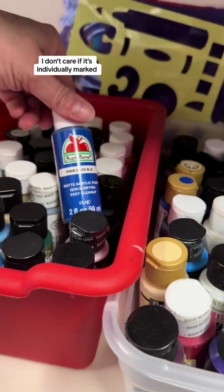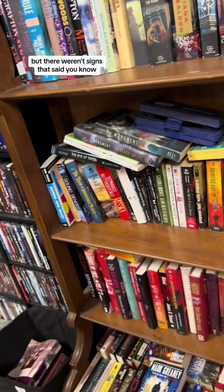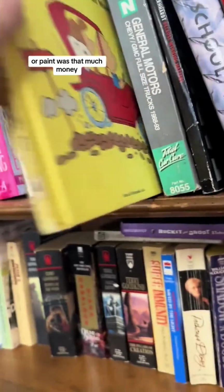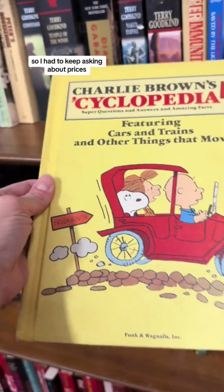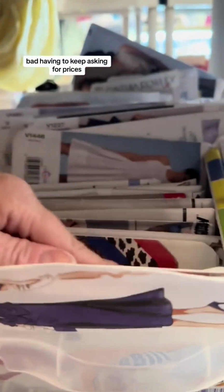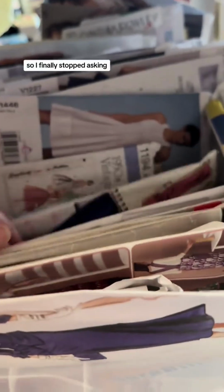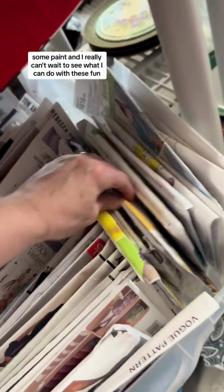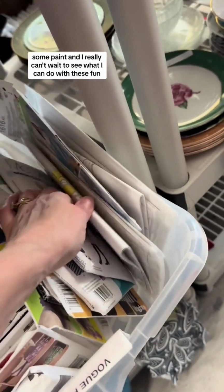I don't care if it's individually marked, but there weren't signs that said books were this much money or paint was that much money. So I had to keep asking about prices, which I know it shouldn't bother me, but I just felt bad having to keep asking for prices. So I finally stopped asking and I checked out. I got some books, some paint, and I really can't wait to see what I can do with these fun